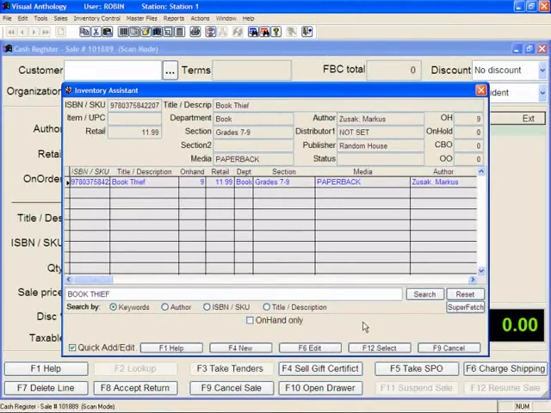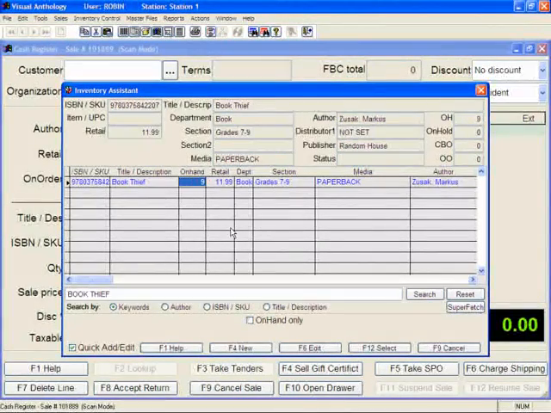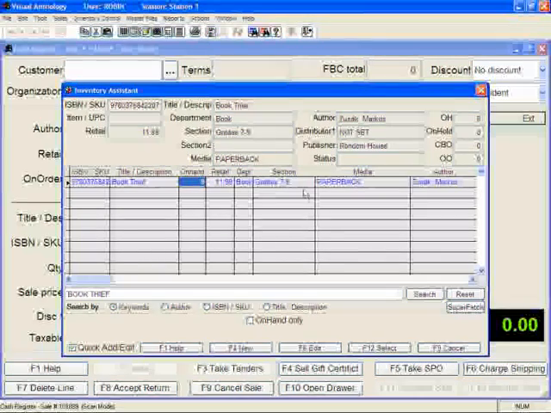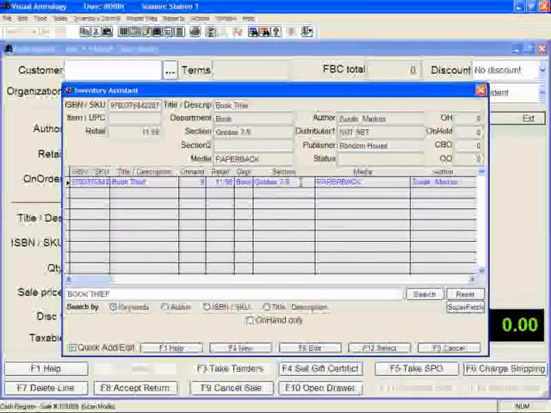So if I was working with the customer, I could now tell the customer that the book thief version I had was in paperback and see if that's what they wanted. If they did, I know that I have 9 on hand, and that I know where it's at. It's in sections grades 7 through 9. Now I can either tell her where it's at, or I can go out to the floor myself and grab